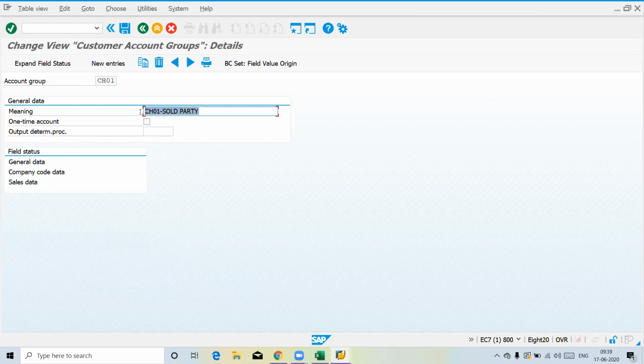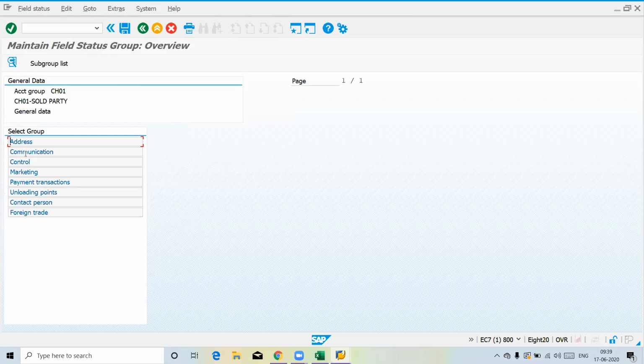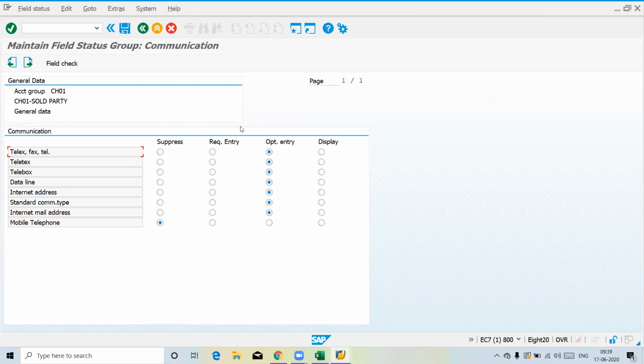Yes, I understand. Okay. So in this general and company code sales data, I have shown you while creating the customer. If you click this, different parts will be there, the tabs which you can see while creating the customer. You are going to see these fields. I can show you few examples by testing this one. That's why we have to copy, and we can play with it according to our customer requirements.